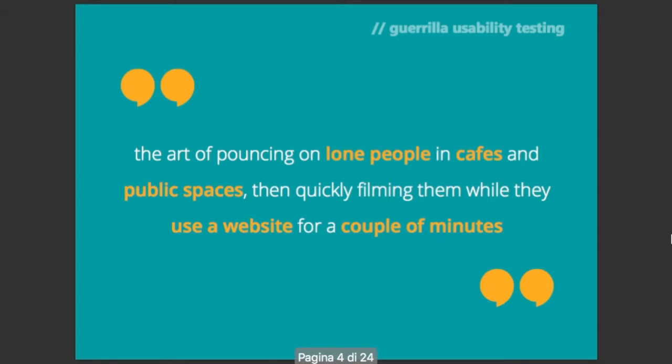So now let's say, what does guerrilla user testing mean? It's the art of going into public spaces and asking a stranger for a test, so testing your application or your platform, and thinking aloud, saying all the problems or all the feedback that they have in mind in a couple of minutes. So it's really easy and also fun to do